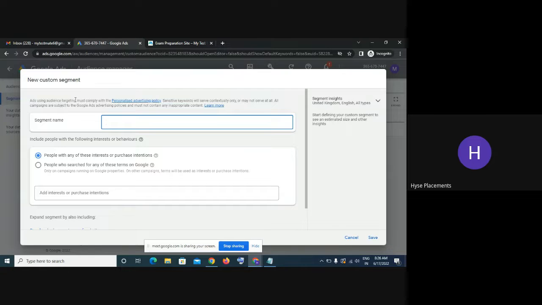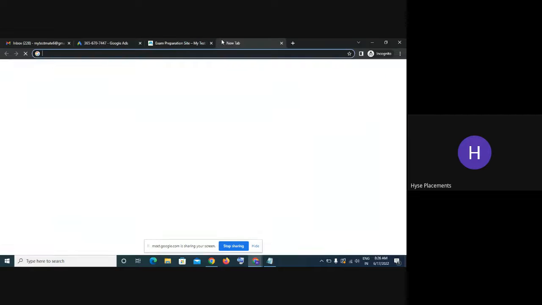Ads using audience targeting must comply with personalized advertising policy. Sensitive keywords will serve contextually only or may not serve at all. The reason is that unless you have the permission to serve the ad, it will not accept to take the audience. For example, if you go to any new website,